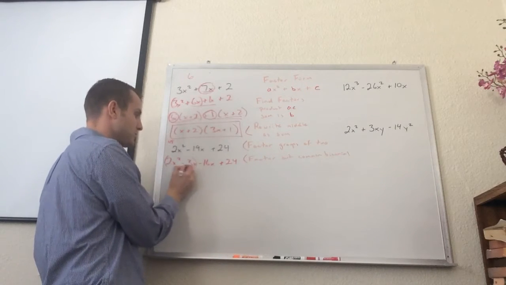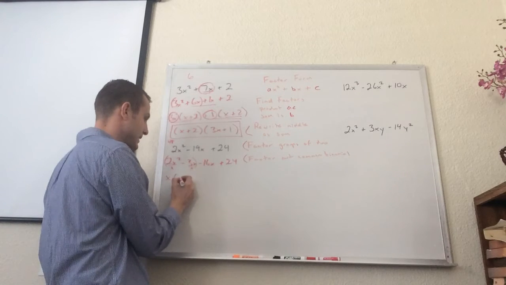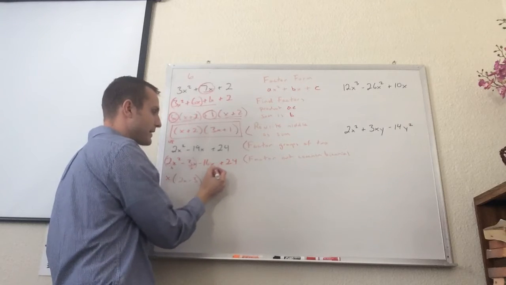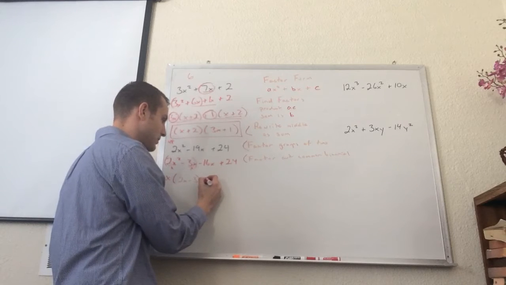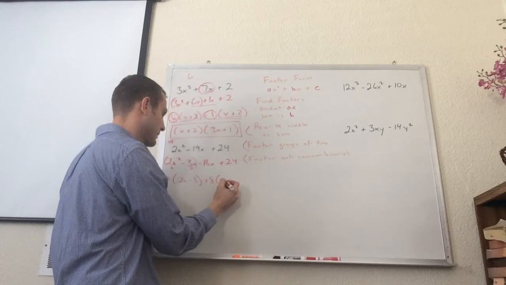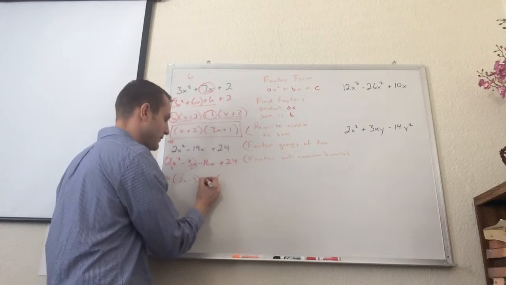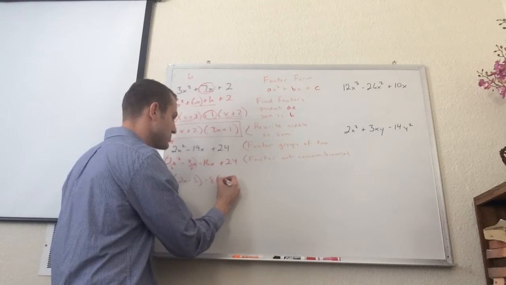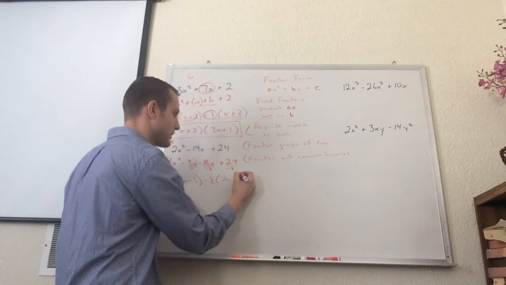So the first two, the only thing I can factor out is an x. And then when I divide these both by x, I'm left with 2x minus 3. For this, I can factor out 8 from both of these. So I'm going to factor out 8, and I'm going to be left with, actually negative 8, sorry. I'm going to factor out negative 8 since there's a negative there. And that's going to leave me with 2x, divide this by negative 8, divide this by negative 8, 2x minus